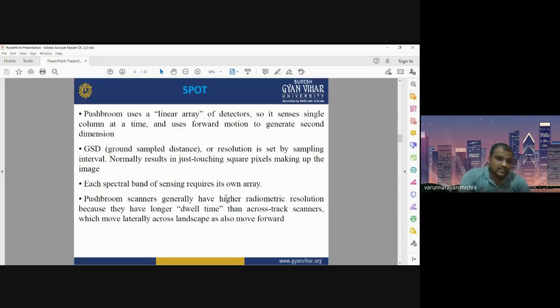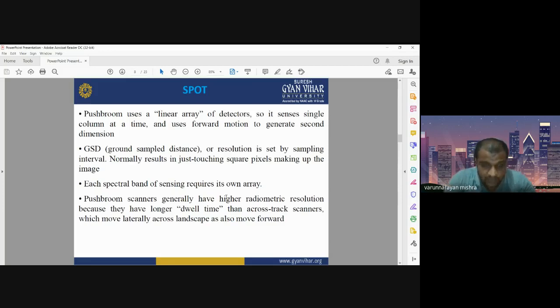The push broom scanners generally have higher radiometric resolution. Radiometric resolution is the ability of a sensor to discriminate very slight changes in the incoming radiation that is received by the receiver. Okay, because they have longer dwell time. Now what is dwell time? Dwell time is the time duration for which the sensor keeps seeing the ground.